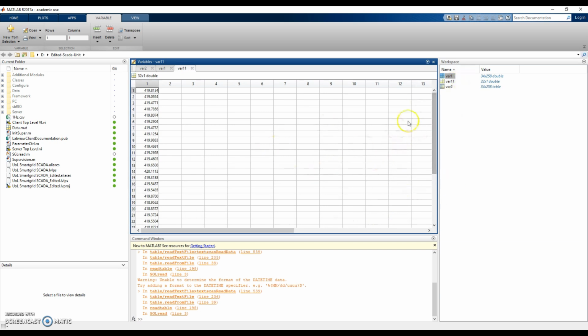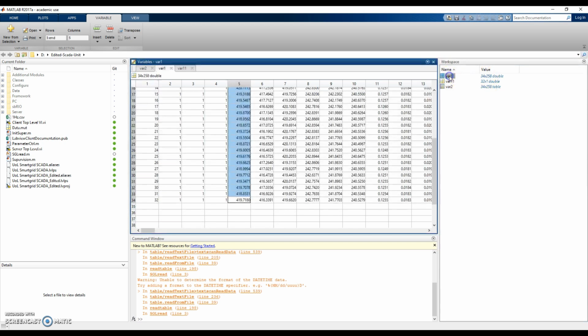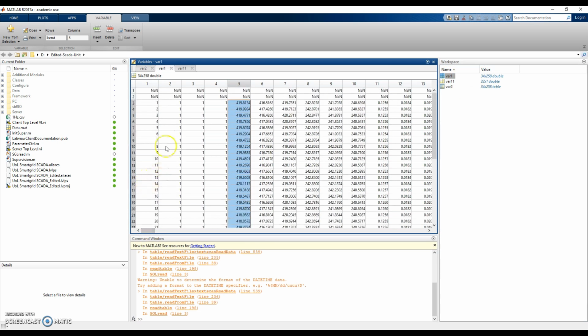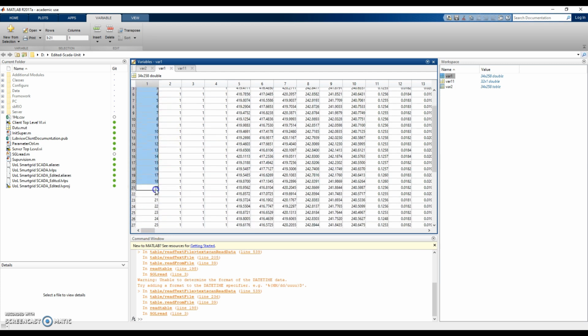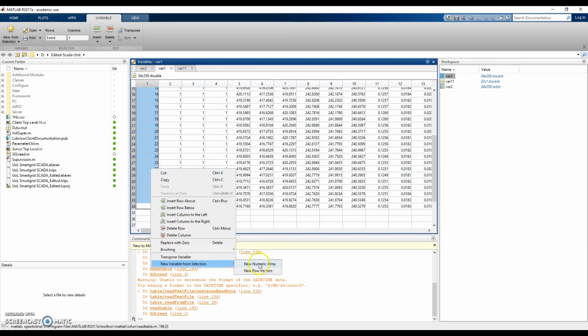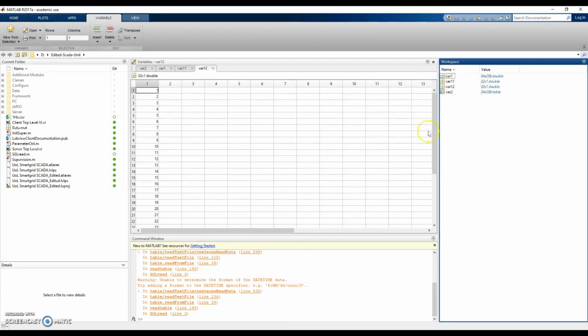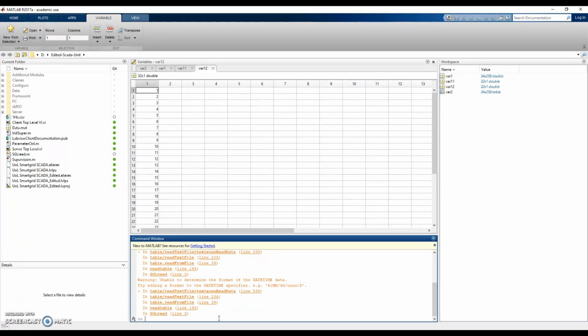Now this is how I do it, but there are many other ways of doing it, but I believe this way is the simplest. So now I produce a new variable with all the doubles, and then if I go to the double table again, and just so I can plot, I'm also going to produce an iterator, as it were, and then new variable from selection, new numeric array, and now I can plot this data by calling plot,